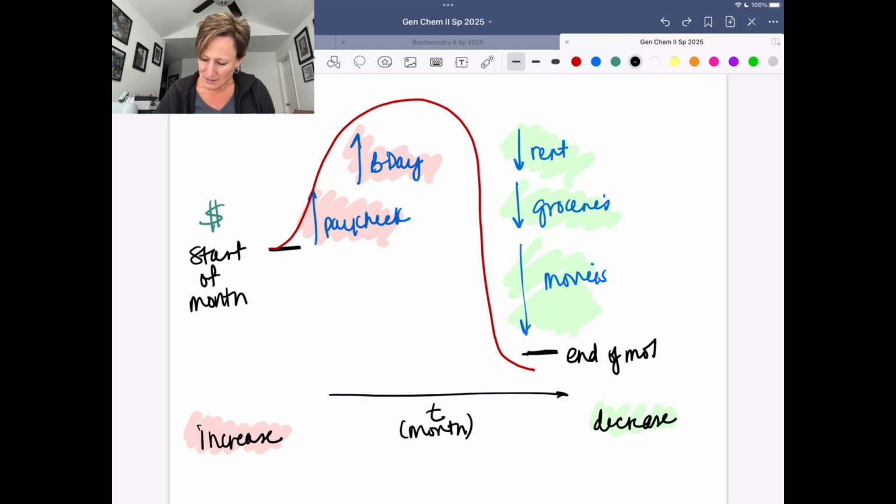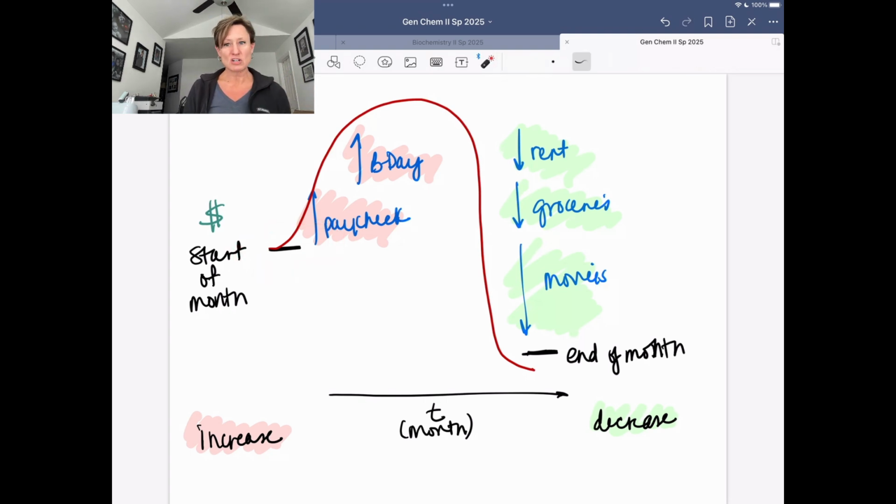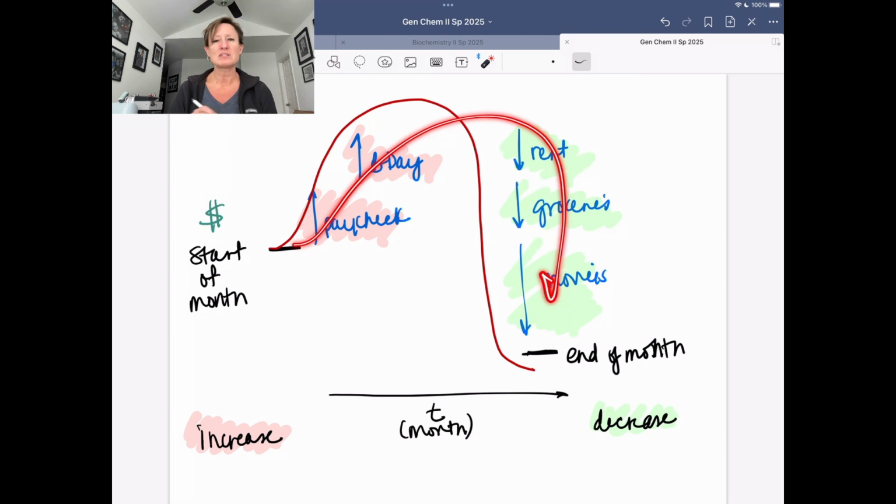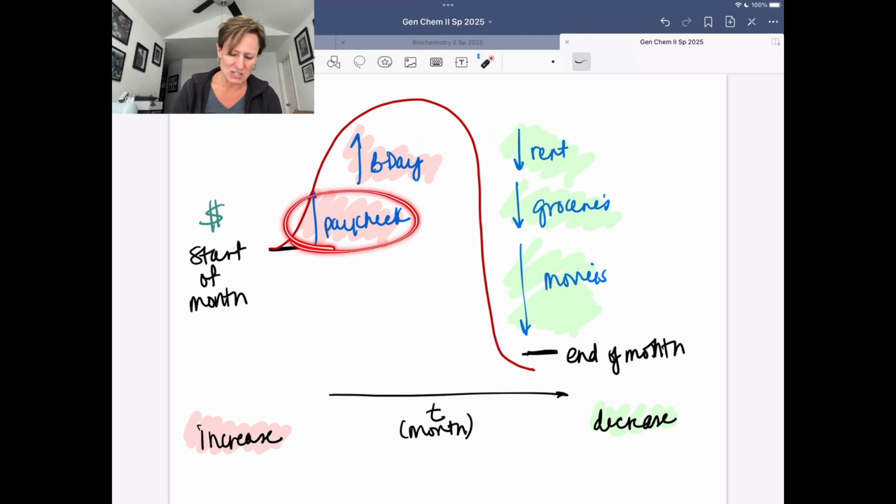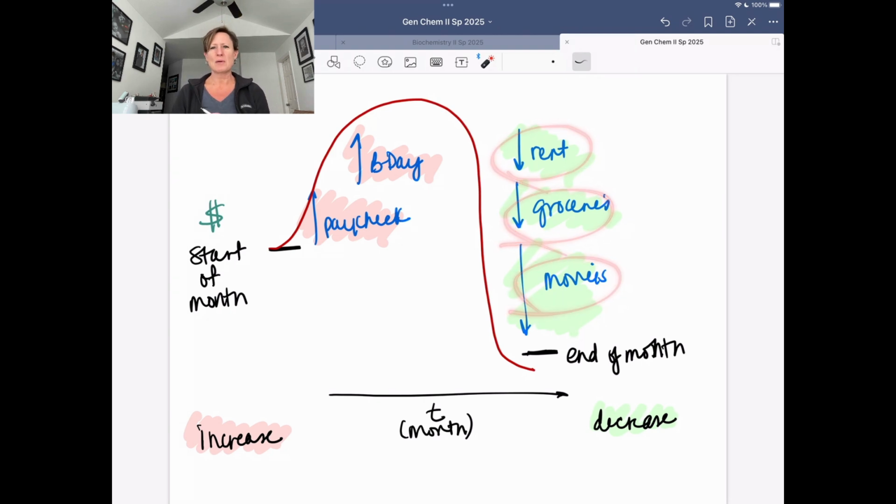And truly, if I look at where my bank account started at the start of the month and where it ended up at the end of the month, it honestly doesn't matter if these processes happened in this order. It doesn't matter if my paycheck is first, then I have birthday money, and then I have all of these bills that I have to pay. Where those sort of come in,